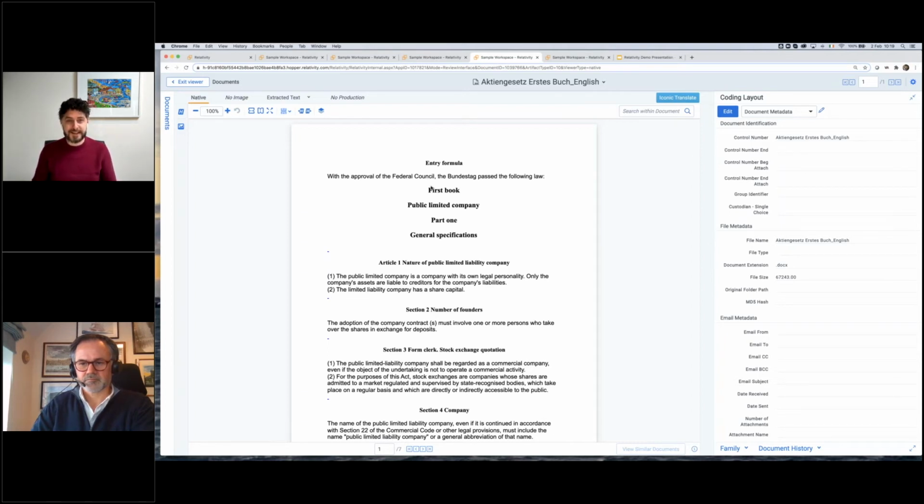And as we like to say at this point in the demo, that's it, right? Translation is a detour in the document review process. Ideally, you wouldn't even have to do it. And so in cases where you do have to do it, our goal is to make it as seamless as possible. So the last thing to show you here is what I mentioned at the beginning.